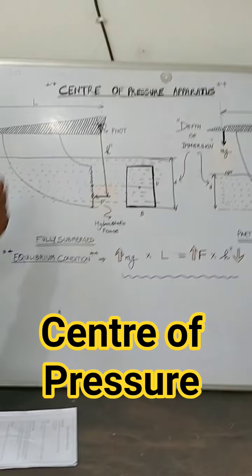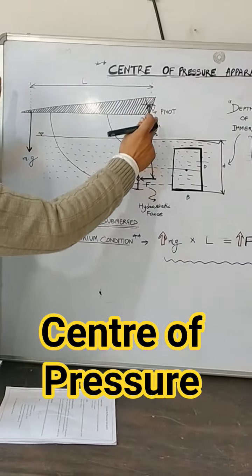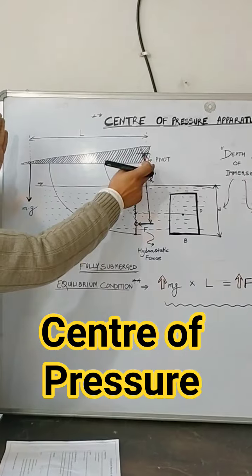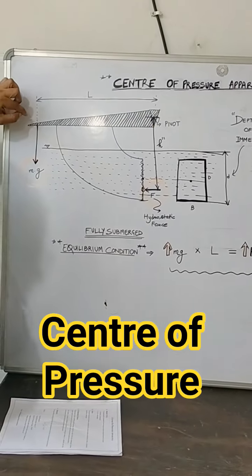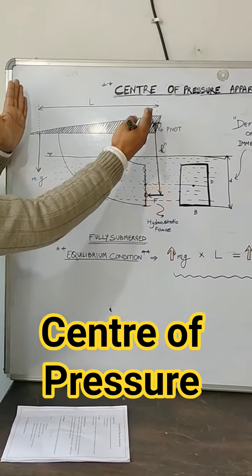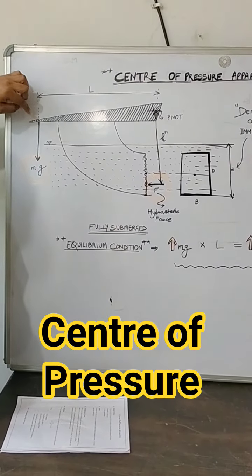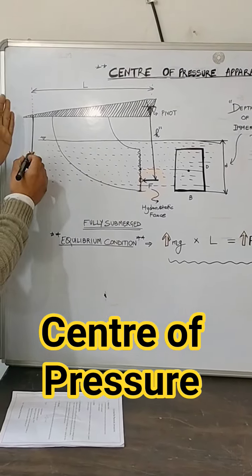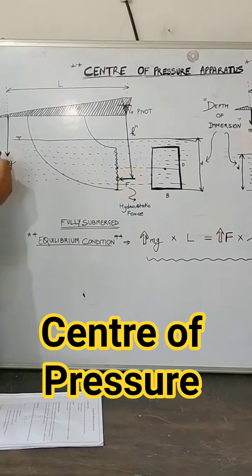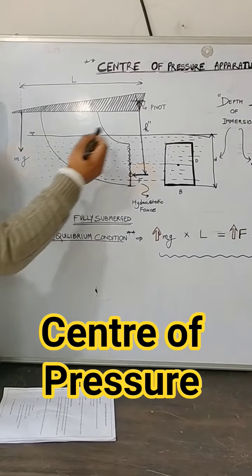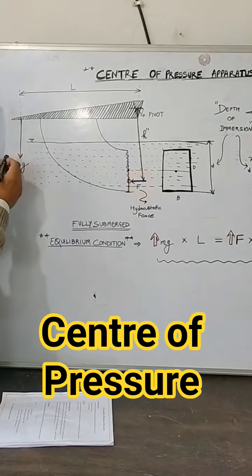In this experiment we have a lever arm. This is the pivot point, and with respect to this pivot point we have some point of application of load, and the distance between them is L. So we will be increasing the load at this particular point, and this will create a moment about this pivot. So the mg force will create a moment towards the pivot point. So the magnitude will be